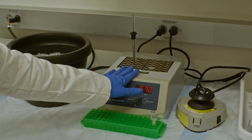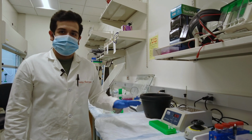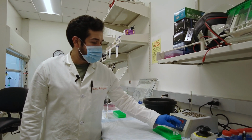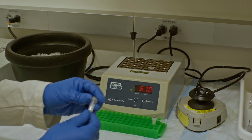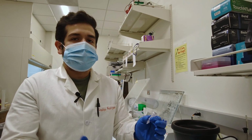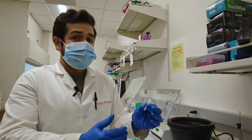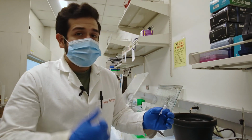So after having this on the block for about 10 to 15 minutes, you have effectively inactivated the enzyme. So the next thing to do is to introduce it into one of these little G25 Illustra microspin columns. So what are these columns? They have a packed material that effectively captures any radiolabeled ATP that hasn't reacted. However, at the same time, it allows you to elute your radiolabeled primer, which is great because that's what you